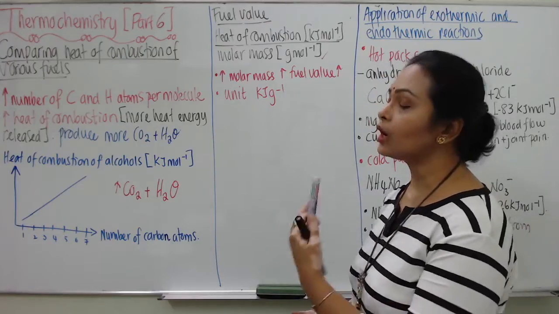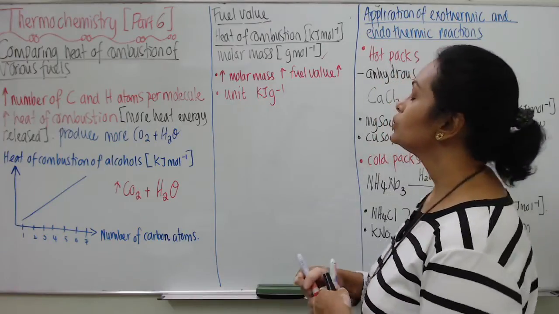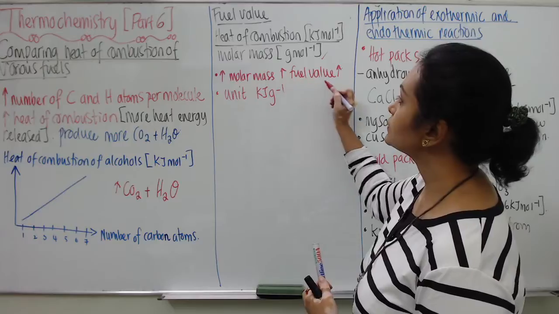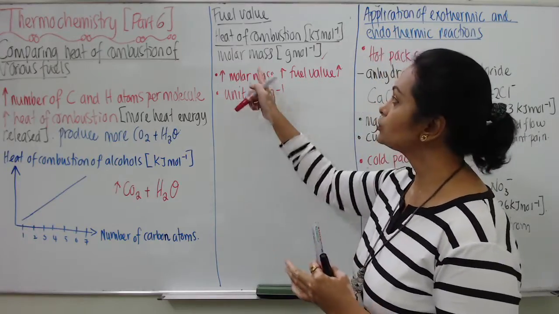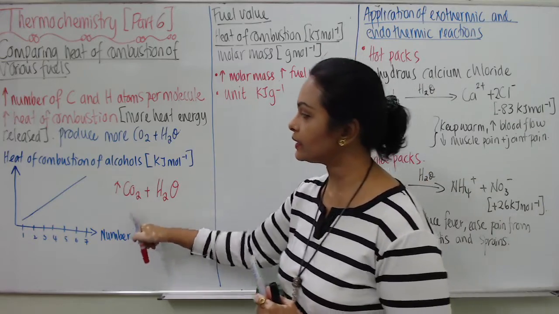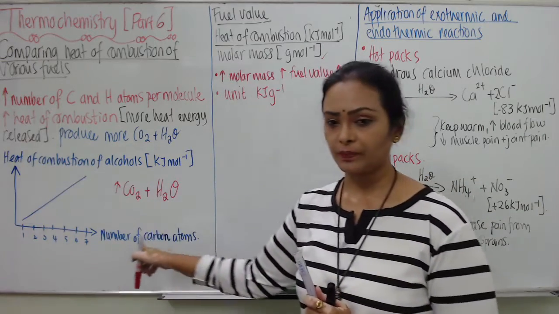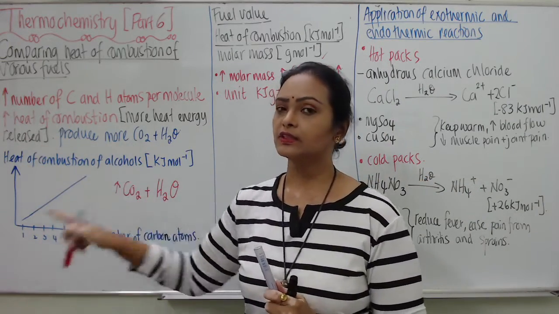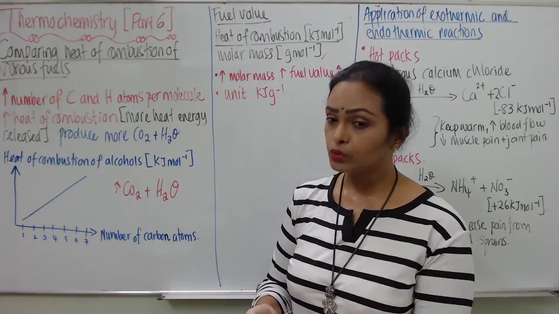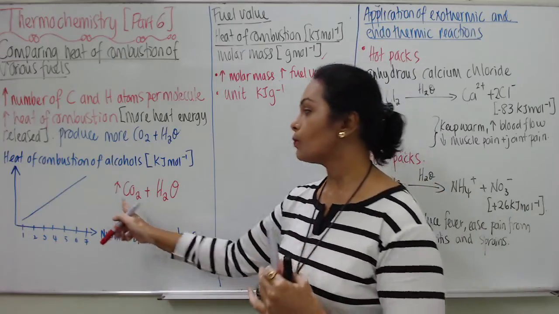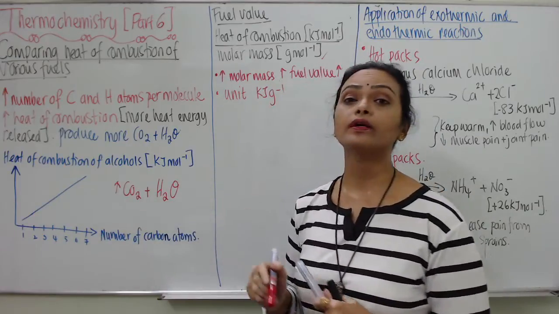So this is how we calculate fuel value. When the molar mass increases, the fuel value also increases. Why? Because molar mass is technically related to this concept: when molar mass increases, automatically the amount of carbon and hydrogen also increases. So more carbon dioxide and water will be